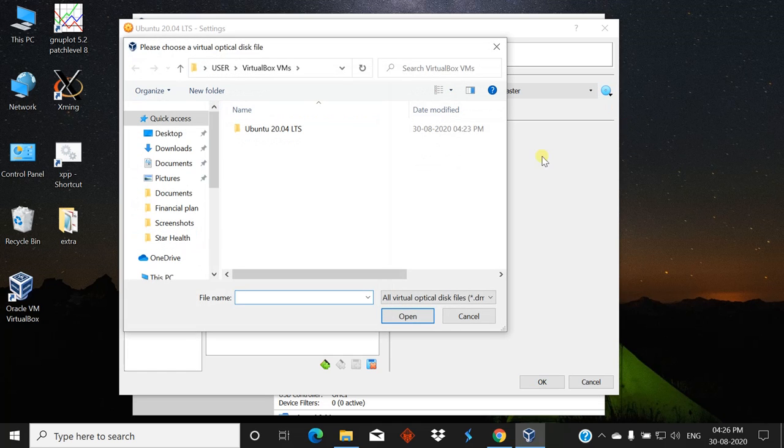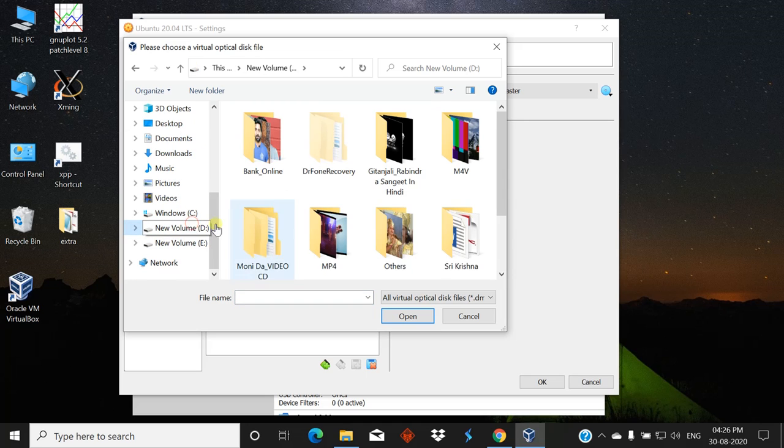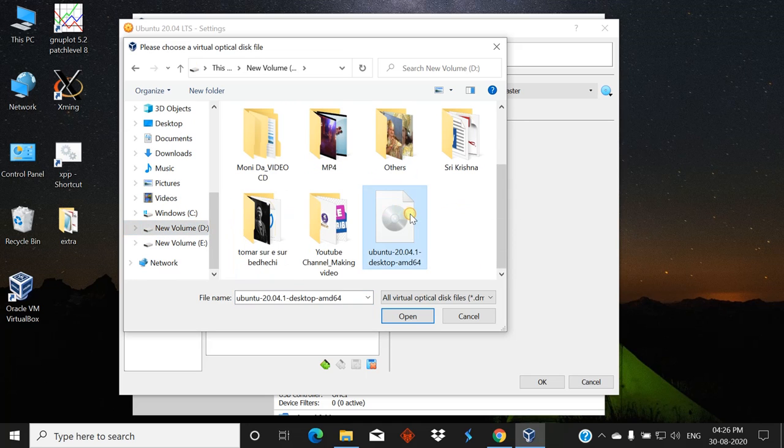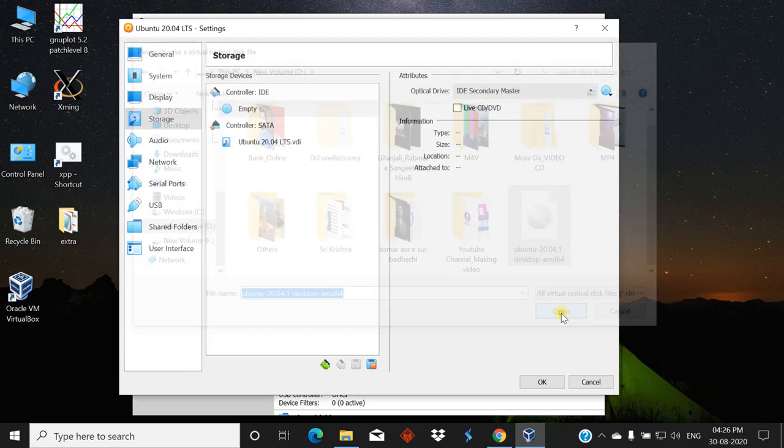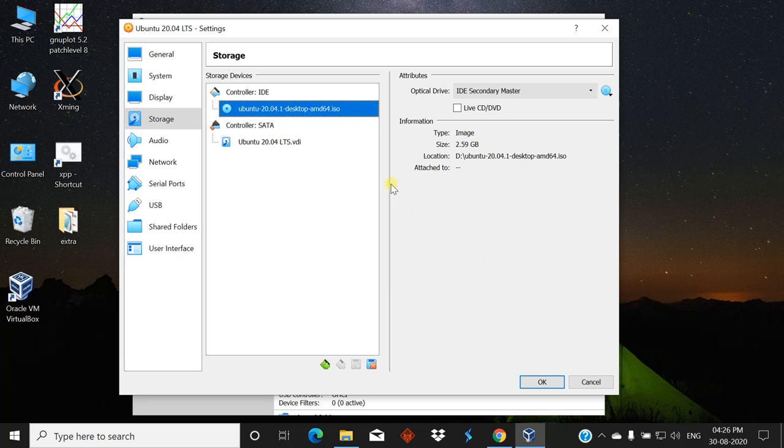Now go to the D drive, and there is my ISO file, and click on open. It is selected, Ubuntu 20.04 AMD.